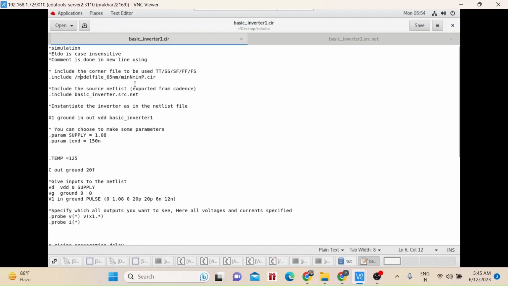So here min n min p .CIR file, what does this mean? For example, in ADL I have chosen the corner slow. So the whole ADL stimuli I will just replicate here in Aldo also to match the results. So I have just chosen slow as min n and min p. In Aldo the fast means max, typical means typ.